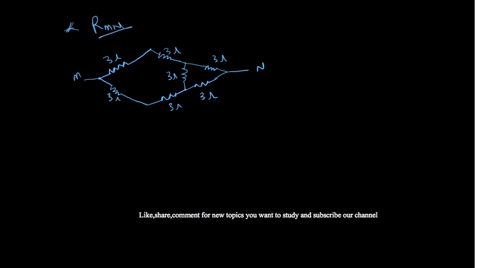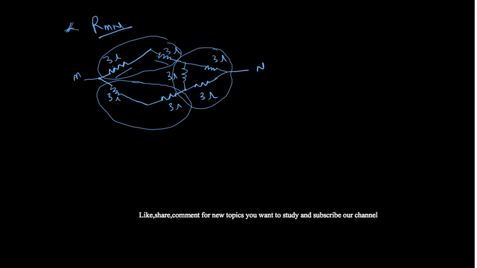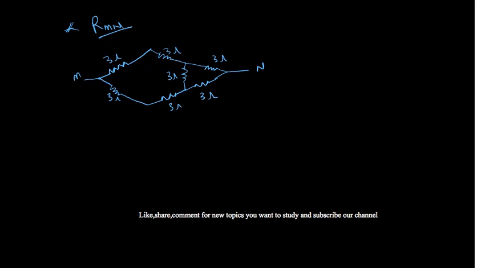Okay, so now if you see, this 3 and this 3 both are in series, correct? Now if you see, these three are in series, but the problem is coming with this circuit. We cannot solve it directly because this is a star, sorry, not a star, it is a delta. So what we have to do, we have to convert it. Convert into what? Convert into star.